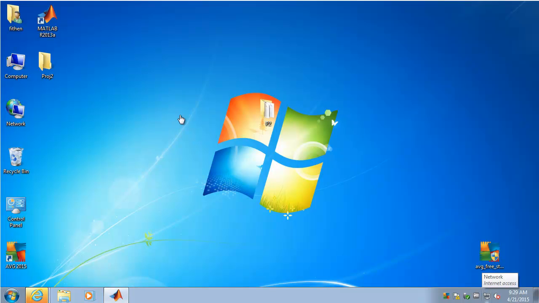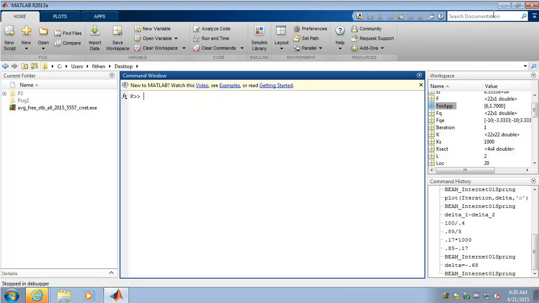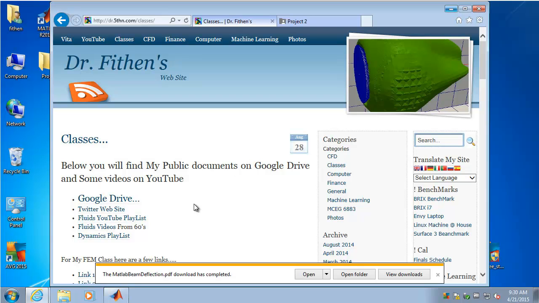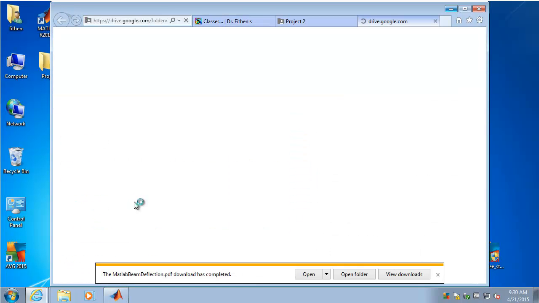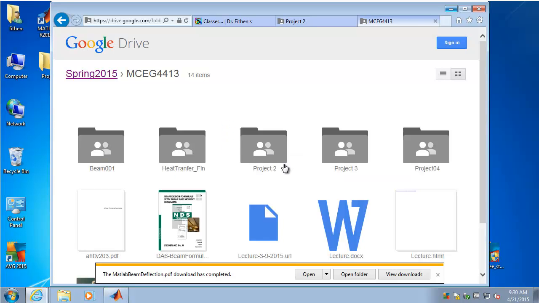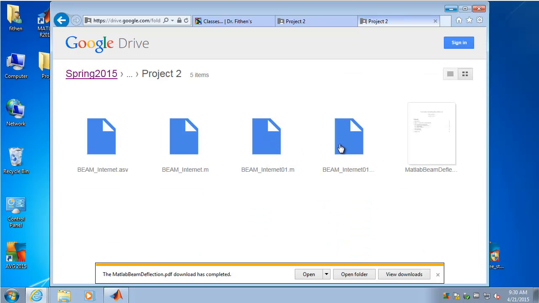Alright, so this will not exactly solve Project 2, but I'm going to download and work on one of the codes that I already have online to give you some direction here. Okay, so if we go to the Google Drive and you go to our folder and then go to Project 2